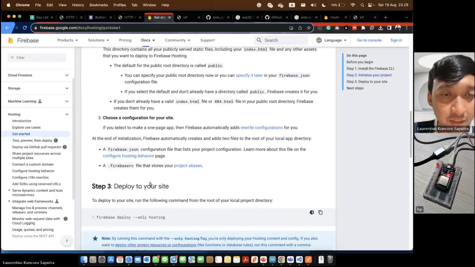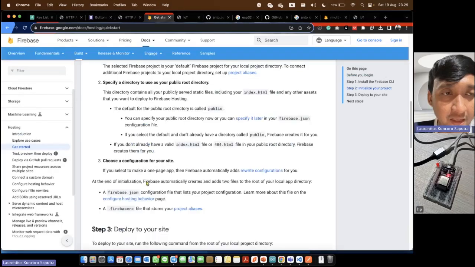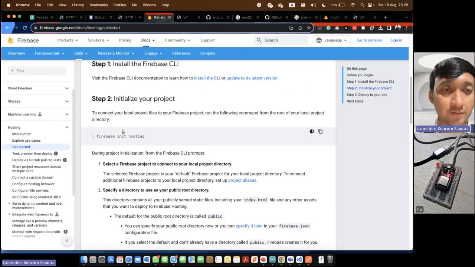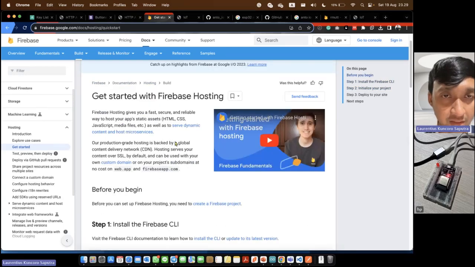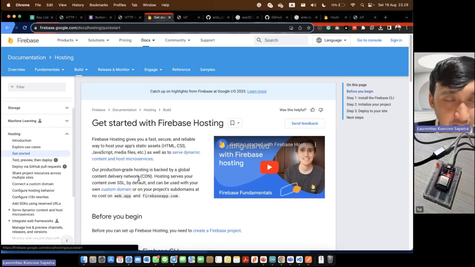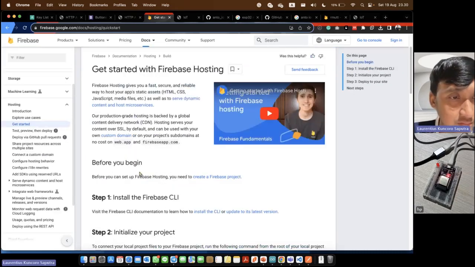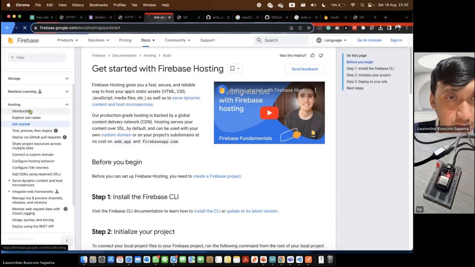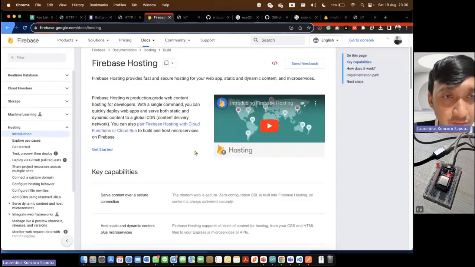And then deploy, Firebase init. You can get started here with Firebase hosting.